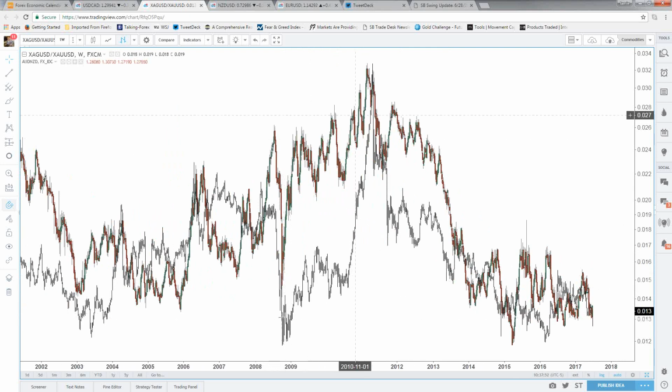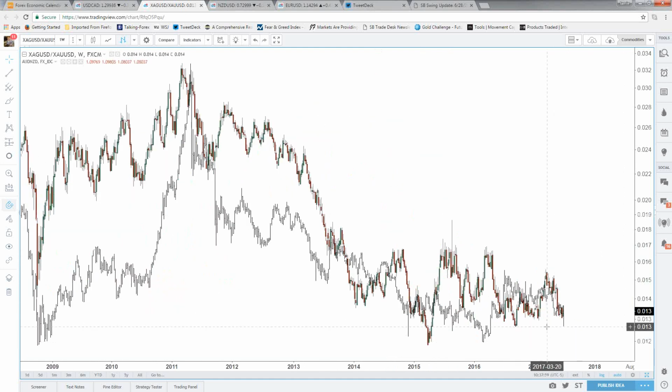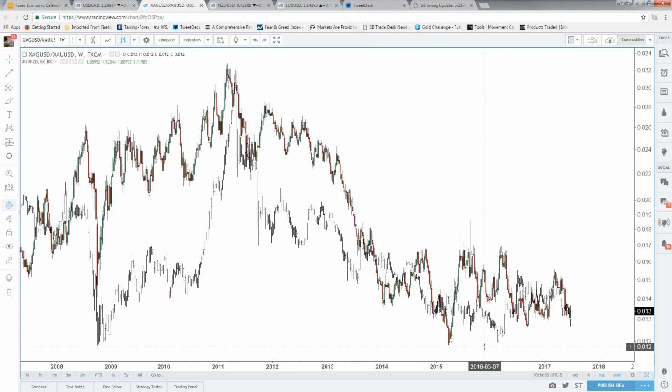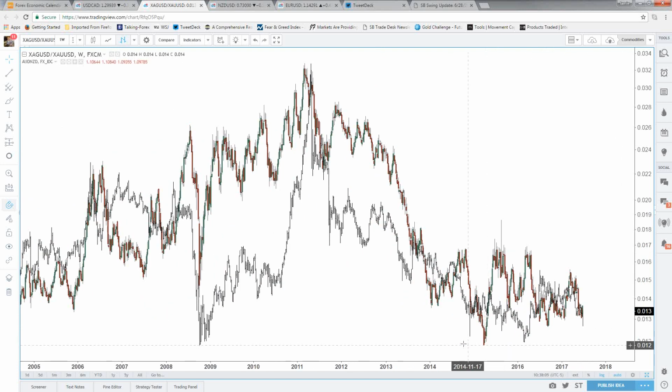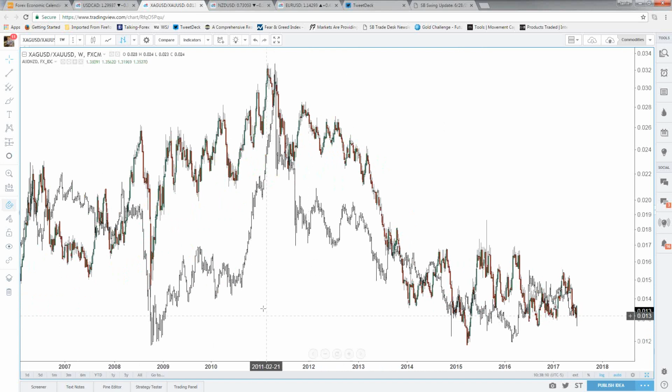By no means would you trade based on this because there are massive periods of time when you go out. My point being, though, if you're getting a massive low base in Aussie Kiwi and you're getting a massive base in the silver versus gold ratio, both of those ratios, and every currency cross is just a ratio, both of those ratios